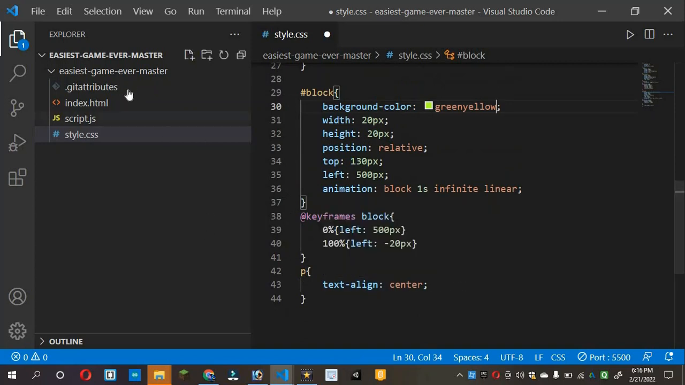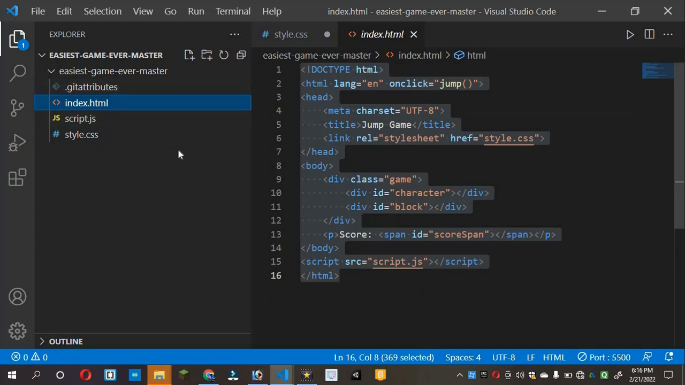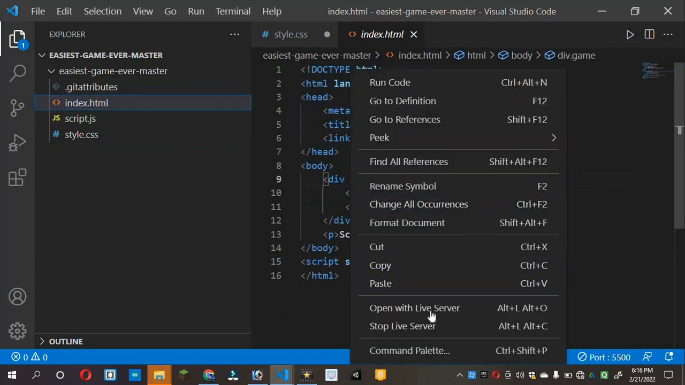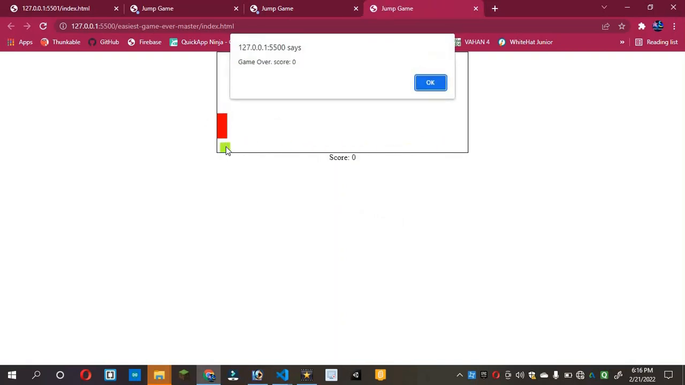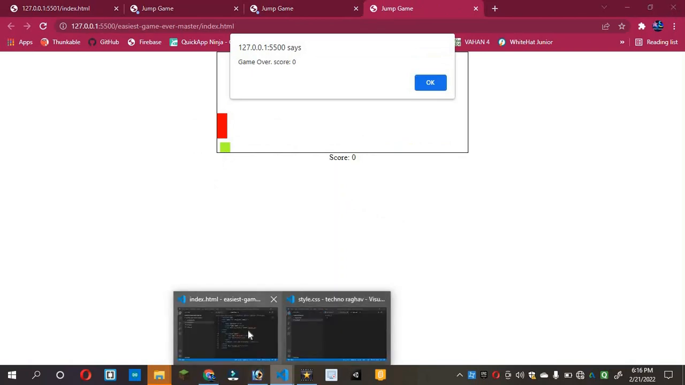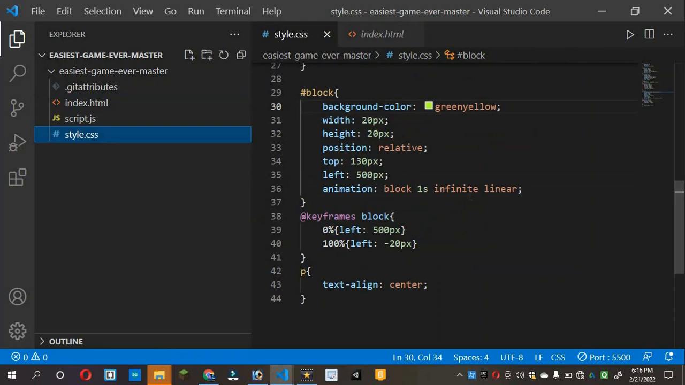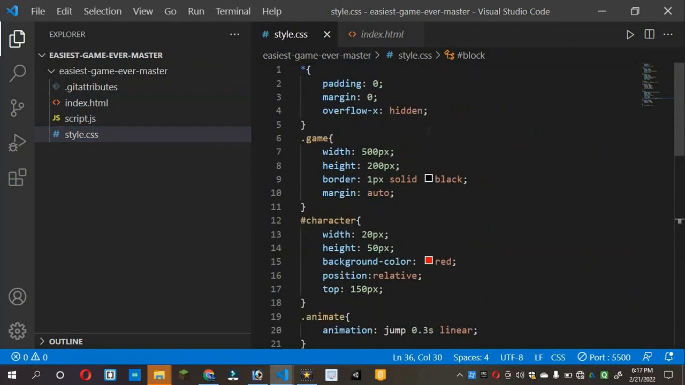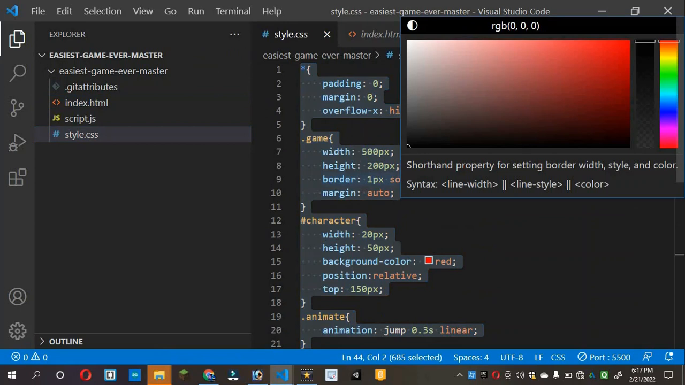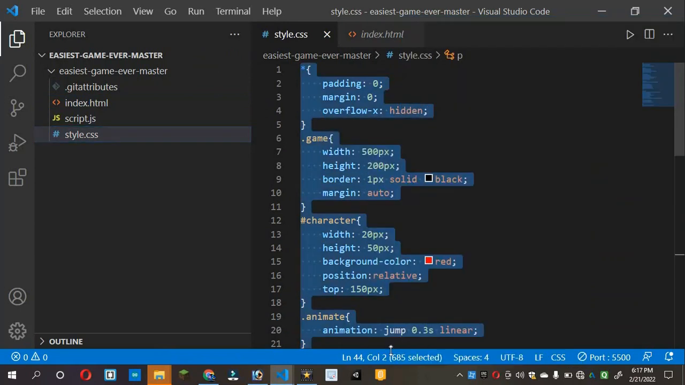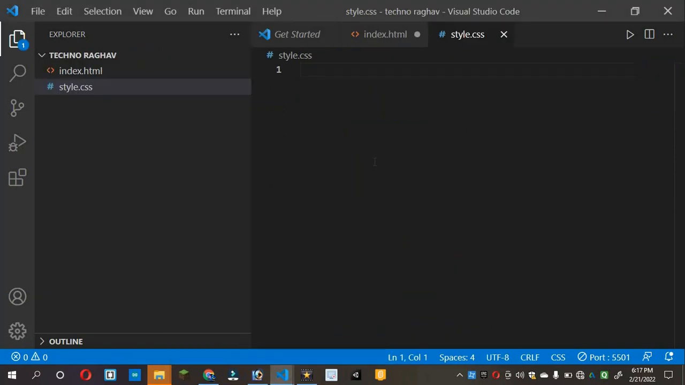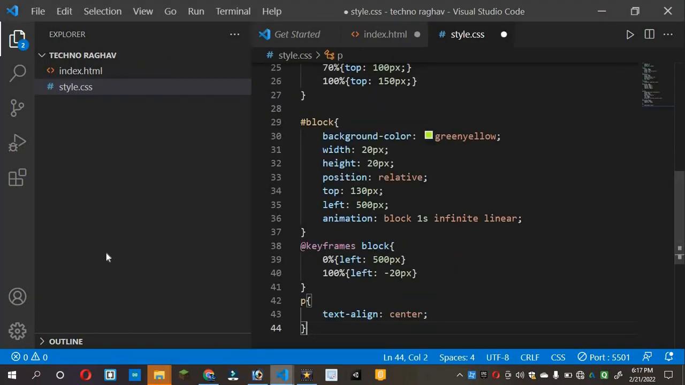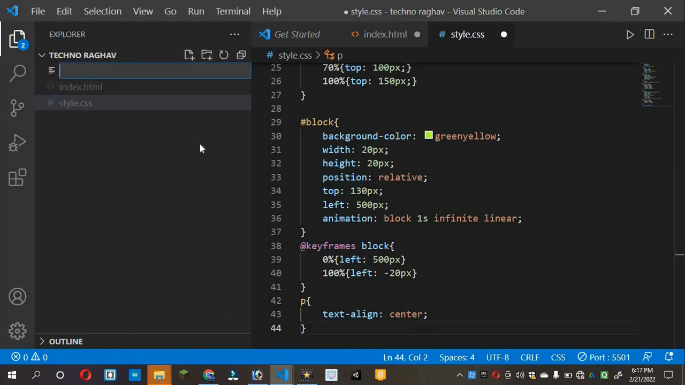Okay, now we will go to HTML and again do the live preview. Look, our obstacle has changed color. It became green yellow. Okay, now I will copy the CSS link. Now we will go into our project and paste this. Okay, now our second file is